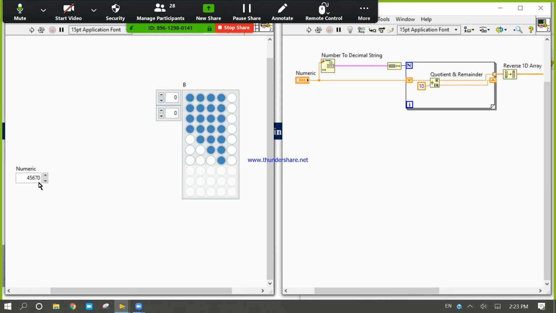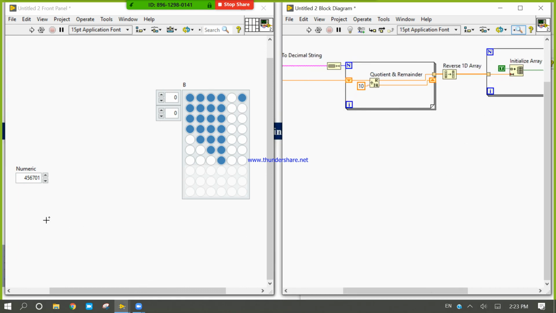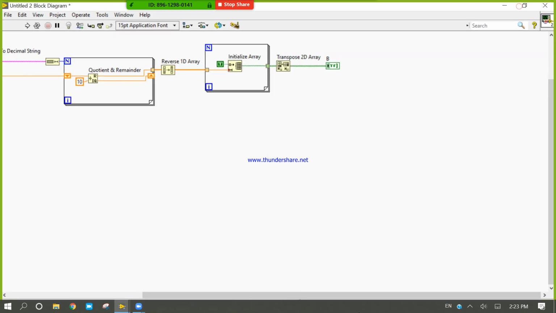If I write 45601, then it will display 45601. So here this will be 4560, 45670. In this way we can display our LEDs for more than one digit.